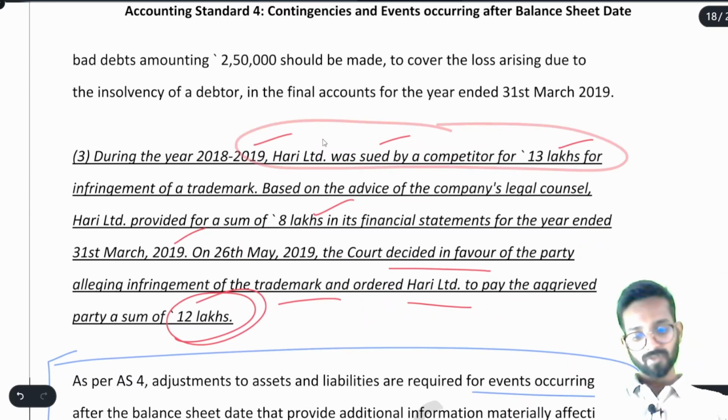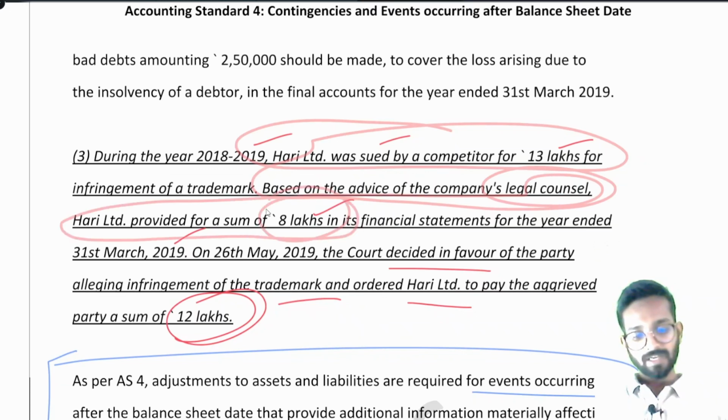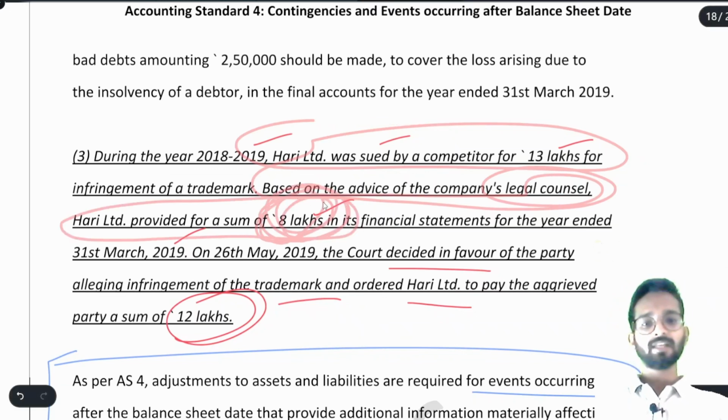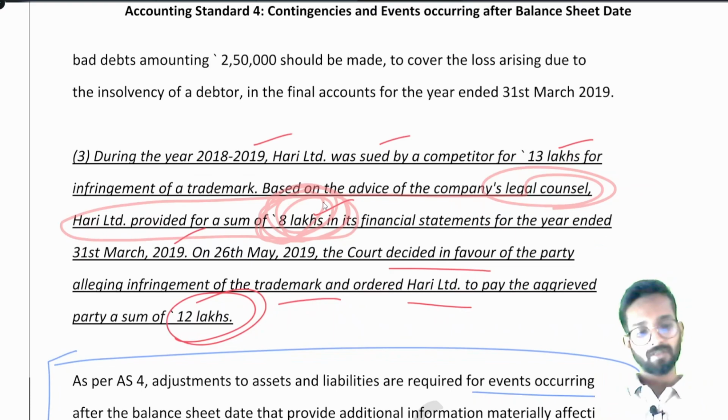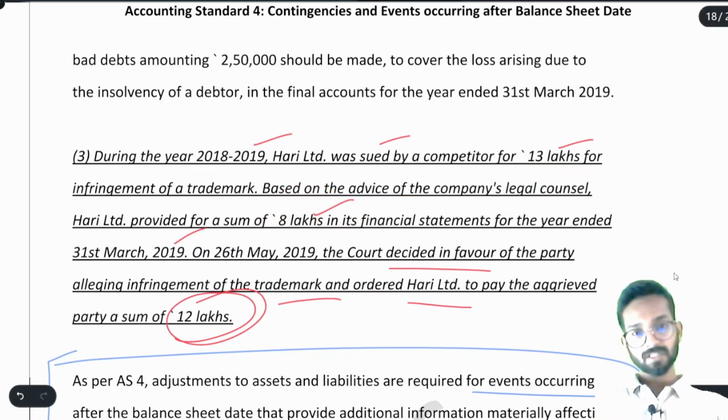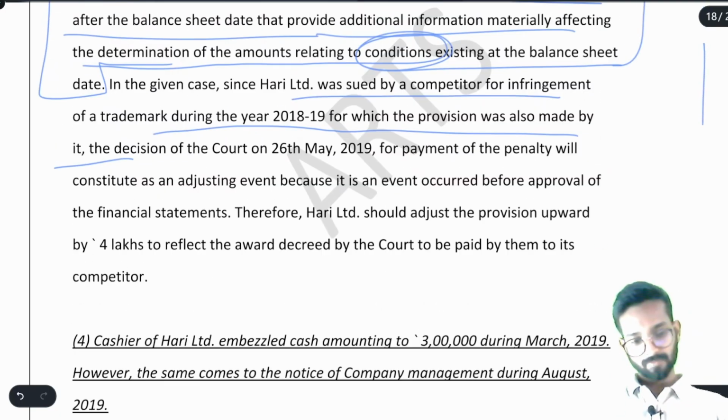Hari was sued by a competitor for 13 lakh. Based on the advice from legal counsel, Hari Limited provided a sum of 8 lakh. Hari Limited already made a provision of 8 lakh rupees because Hari thought that competitor might win the case. So the provision of 8 lakhs was created already. Okay. It means condition was already there before 31st March. Remember this. Okay. Now,